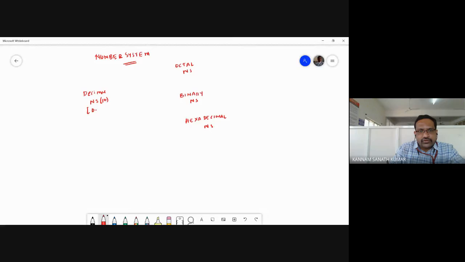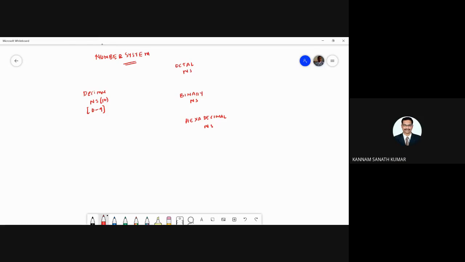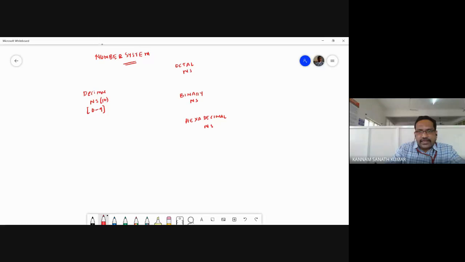Okay, so the binary number system you already know, which is having the base 9, and the values will range from 0 to 9. So whatever the values for the binary number system, that values will range from 0 to 9. And octal number system is having the radix, so R is the radix, having radix 8. So for the octal number system, the values will range from 0 to 7. Okay, so the values will be between 0 to 7 only. Okay, and the binary number system is having the radix 2, and the values will lie between 0 to 1 only. So binary number system will be represented either in 0 and 1.